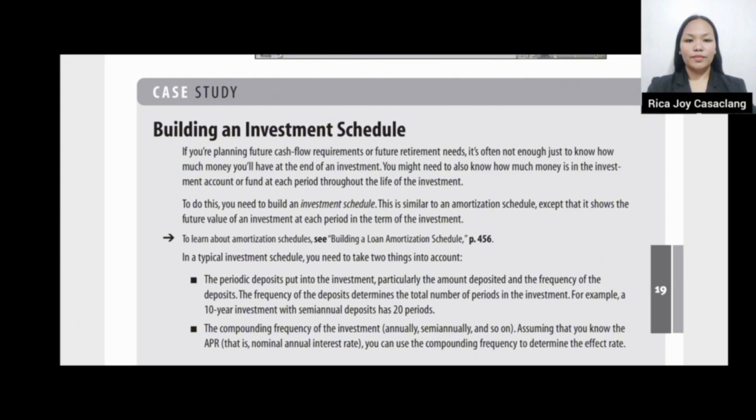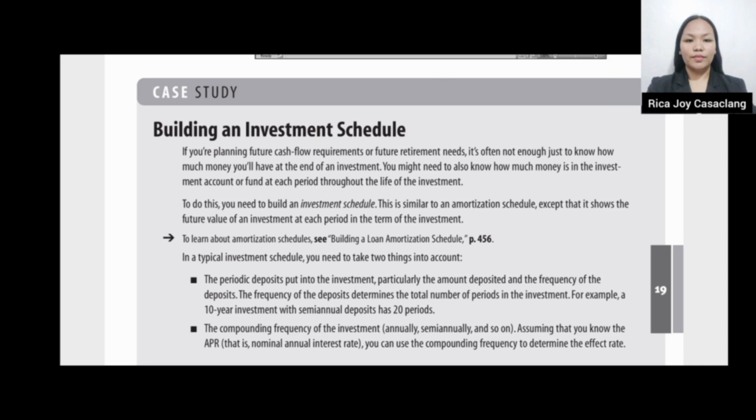To understand an investment schedule when planning future financial needs such as cash flow management or retirement savings, it's not always enough to know the final amount you have at the end of an investment. It's also important to track how your investment grows over time and how much money is in your investment account at different periods. An investment schedule helps you see the value of your investment at each stage of its time. This allows you to